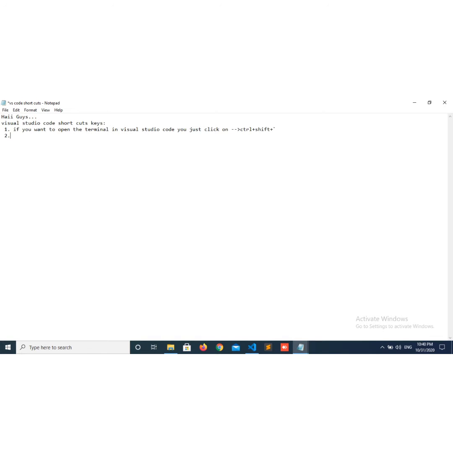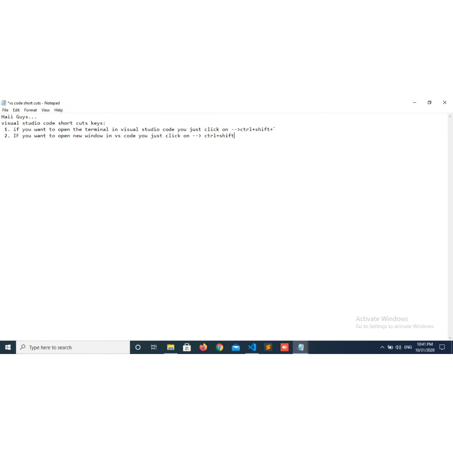If you want to open a new window in Visual Studio Code, you just click on Control Shift plus N. What is the command?